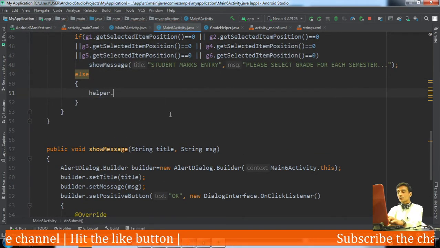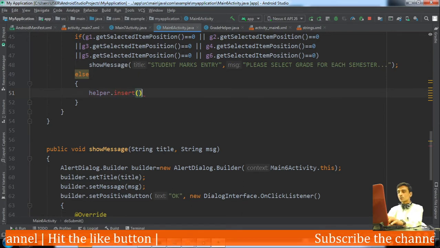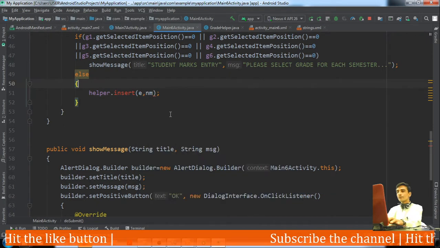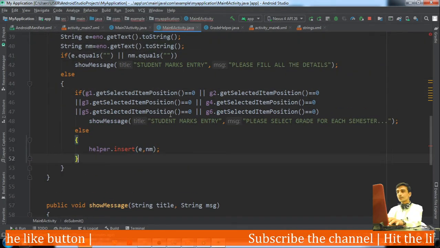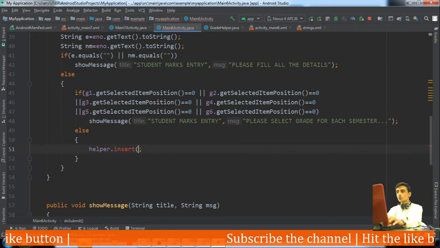Now using this helper class we will insert a record. Okay, helper.insert. Yes, what is to be inserted? E for enrollment number, NM for name. The method's name is doInsert.